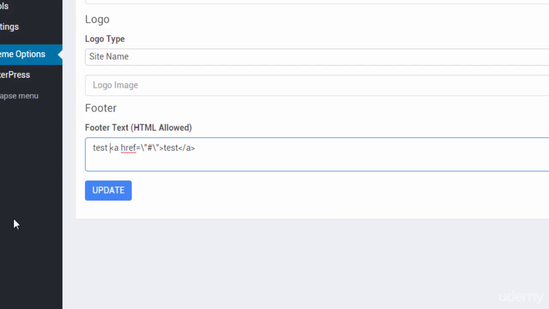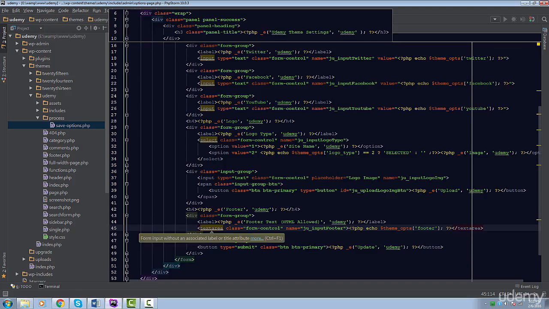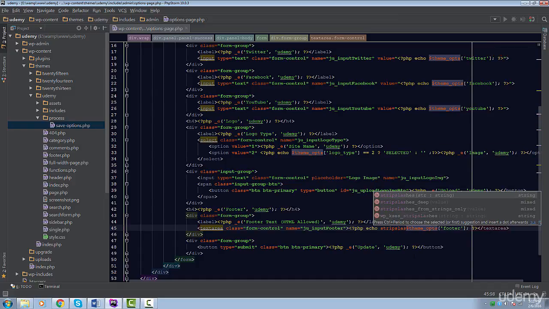As I stated earlier, the Options API will sanitize your input regardless if you do it anyway. But in our case, we want the footer to have valid HTML. So how do we solve this? Well, we can get rid of the slashes by using a function called